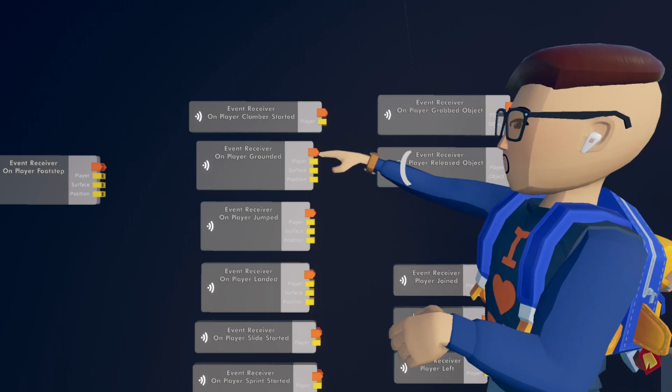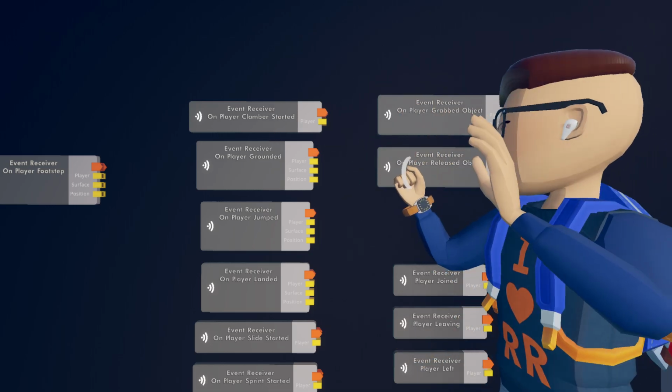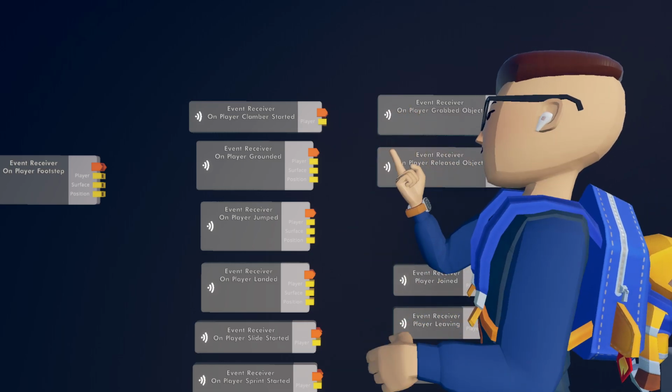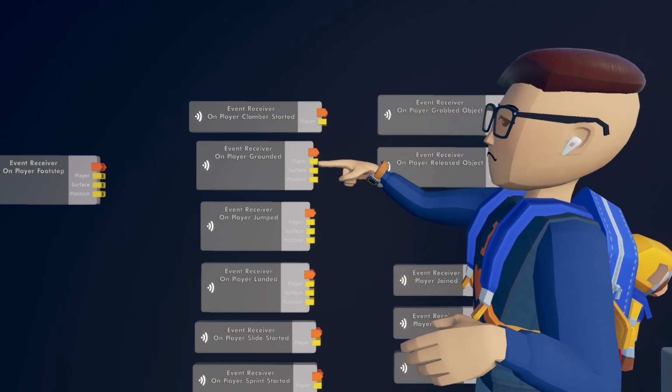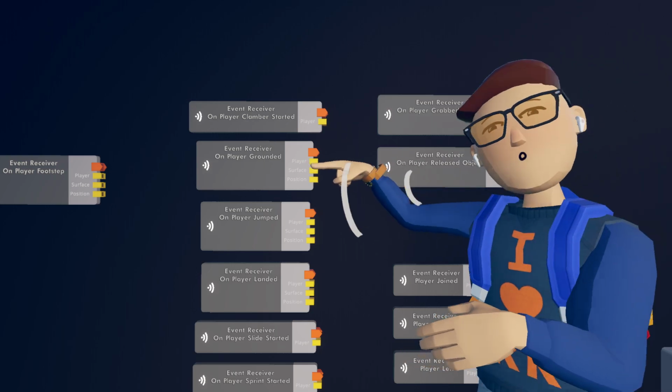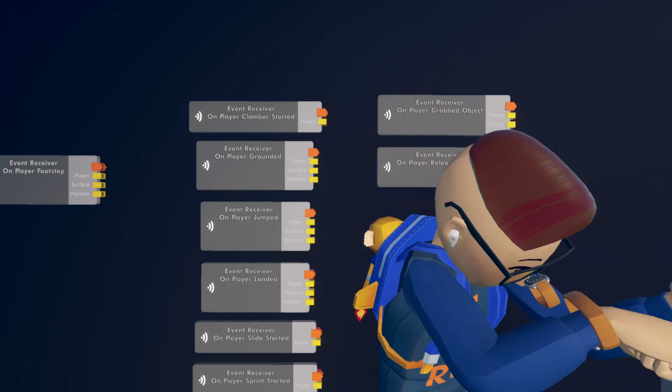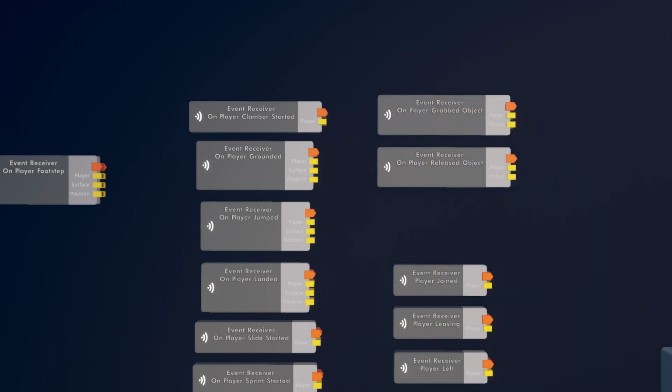It has first an exec. Every event has an exec. So if you have an event, the first one will always be an execution. And then there's the player that is being grounded, the surface they're grounding on, and then the position that they're grounding at. So if I were to land like this, it would run once. The player port would be will chill. The surface would be whatever Rec Room object this thing I'm standing on is, and the position would be a vector 3 where my feet are.